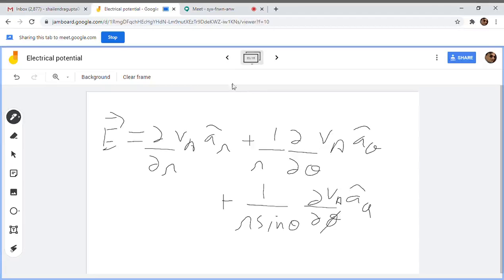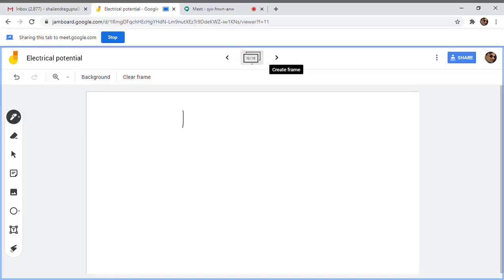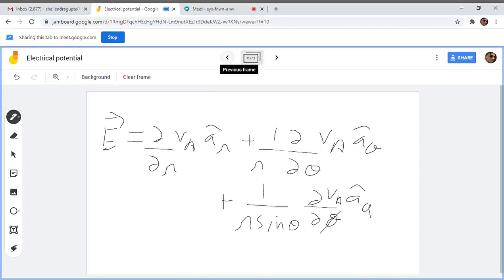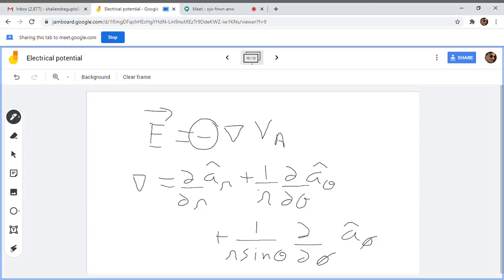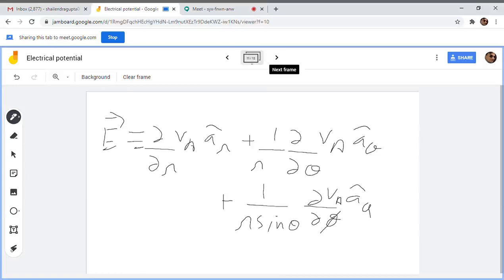If you see, this potential has only an r component, no theta or phi component. So obviously these two parts will become zero, because we are differentiating with respect to theta and there is no theta, so it will be zero. This VA is constant in terms of theta and constant in terms of phi. So these two parts will be zero, and we will be left with only one part. What is that? Vector E is del by del r, with a minus sign, because the minus came from here.